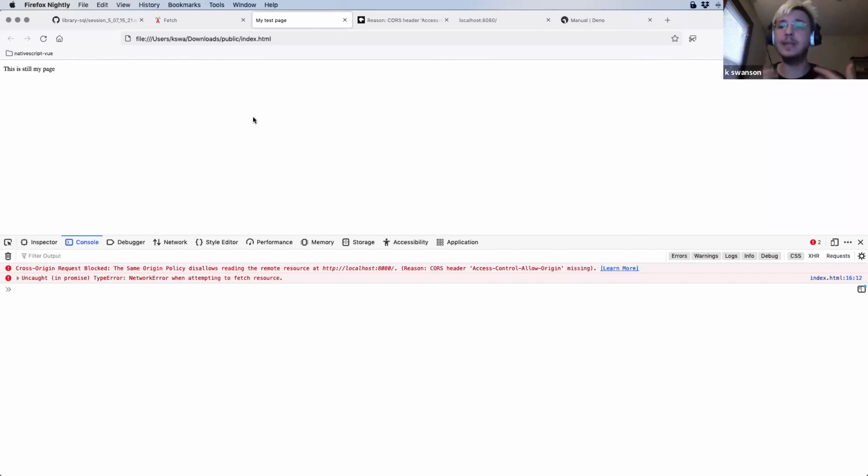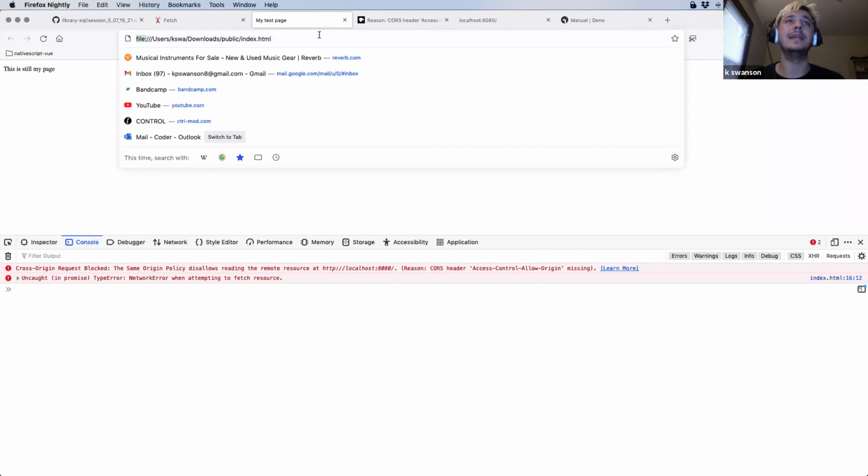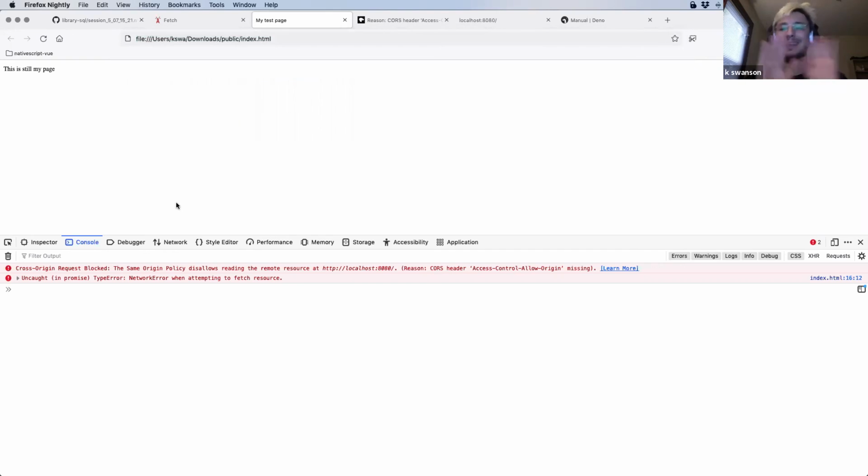So if we loaded the page from the server and we make a request to a server, we want the same server to handle that request. It's getting confused because I'm trying to go to my downloads folder to load the page, but then I'm making requests to a different server. That's all kind of semi unimportant right now, but basically what we need to do is fix our web server,